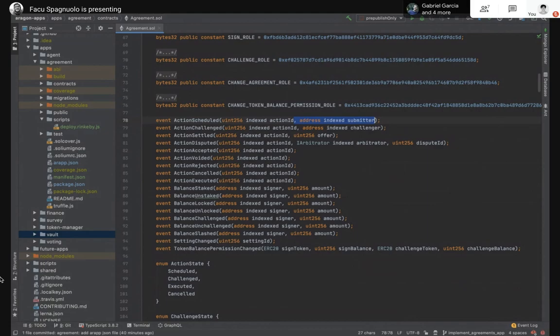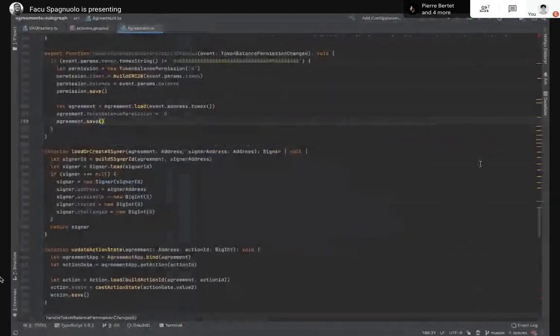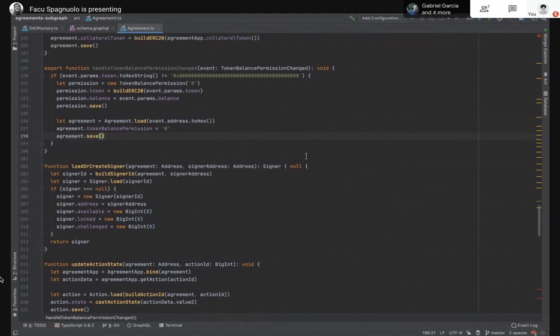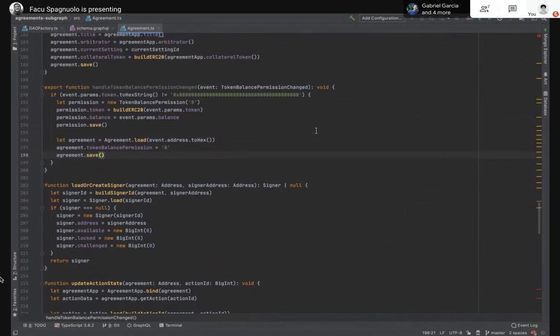So I'm duplicating that data. It means paying more gas for that. Maybe it doesn't make sense. I haven't come up with a conclusion yet, but I'm inclined to the idea of only logging the minimum amount of data that you can log in order to be able to fetch the rest of it afterwards. And that's one of the really cool things about the graph, that every time you're handling an action, an event, you can basically